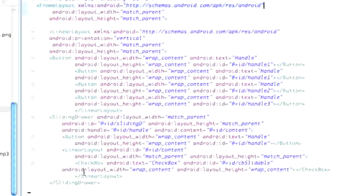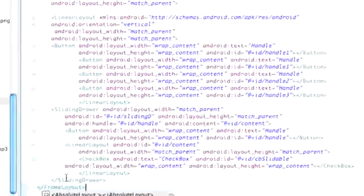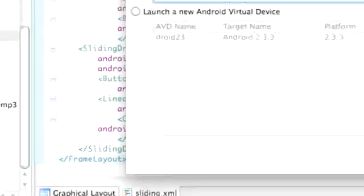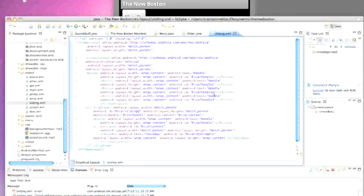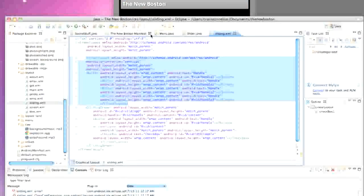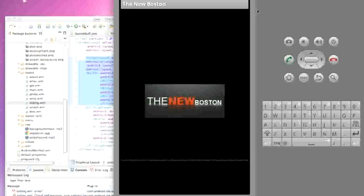So that's what we're going to set up here to encompass our whole class. And then we just have to close off our frame layout here below our sliding drawer. So now when we run our application, it's going to get buck wild. So basically what's happening now is our linear layout still controls all of our buttons, but that's still within our frame layout, where it's like, who really cares what you guys do? So as you guys see when we run this now,